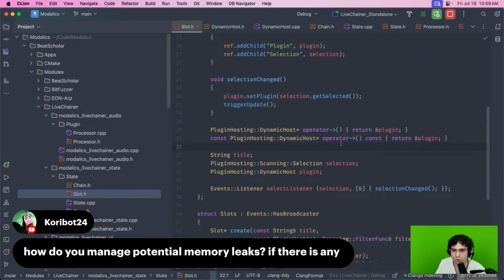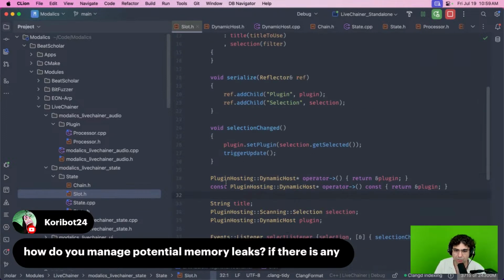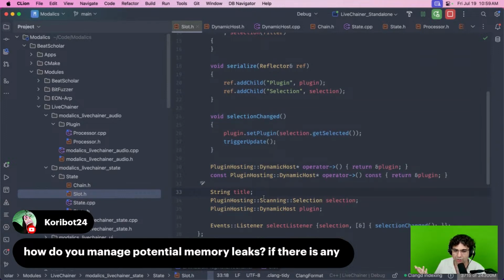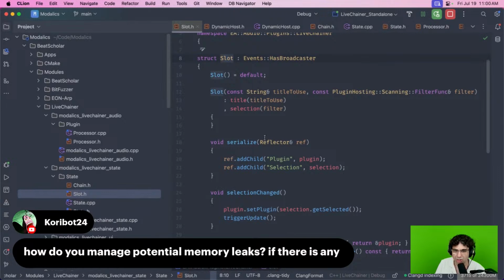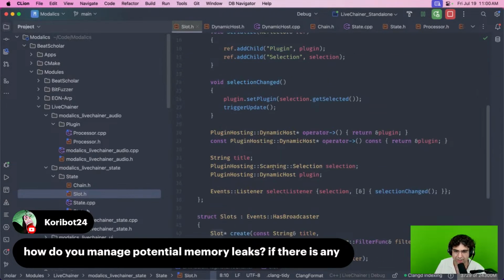The string just automatically manages its own heap memory. When I construct this object, this gets created. When I destruct it, it gets deallocated. So it gets allocated when I create it, destroyed when I do this. That means that when I observe this thing called the slots, some struct with information in it, I don't need to worry that each of these members